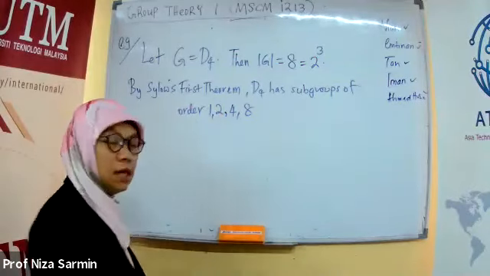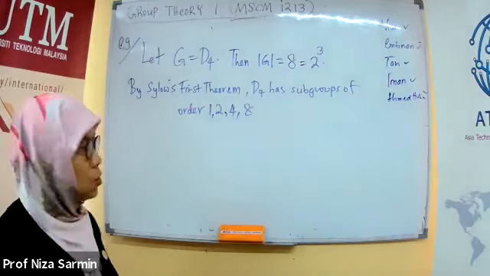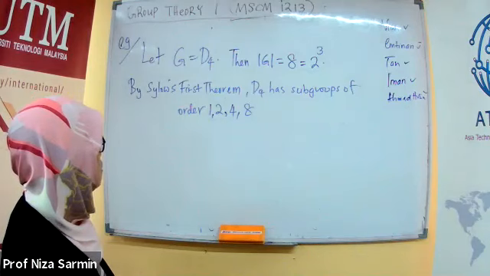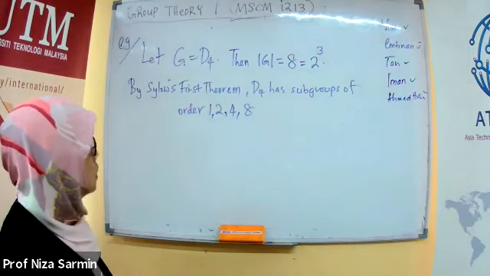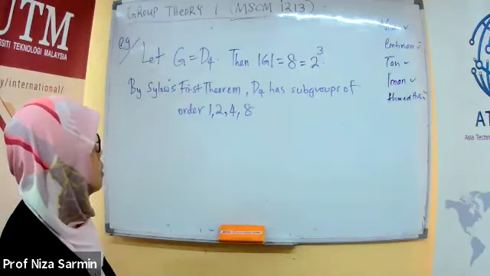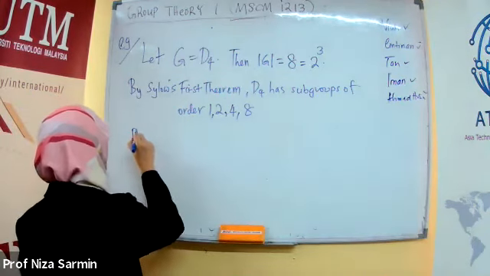But actually, you also have the trivial one. The second theorem is just saying that if you have more than one, then they are conjugate. By Sylow's third theorem,